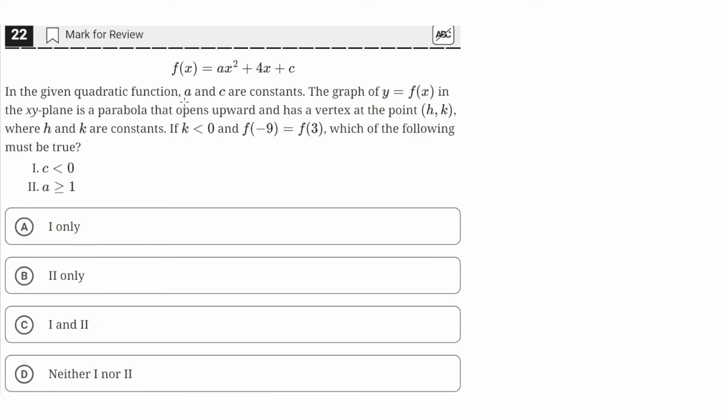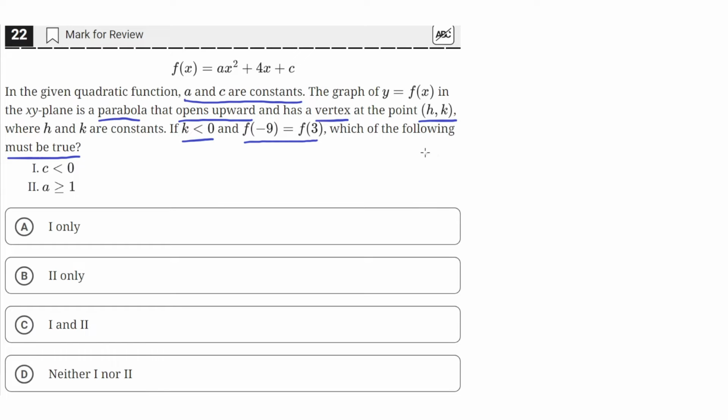In the given quadratic function, a and c are constants. The graph of y equals f of x in the xy plane is a parabola that opens upward and has a vertex at the point (h, k), where h and k are constants. If k is less than 0 and f of negative 9 equals f of 3, which of the following must